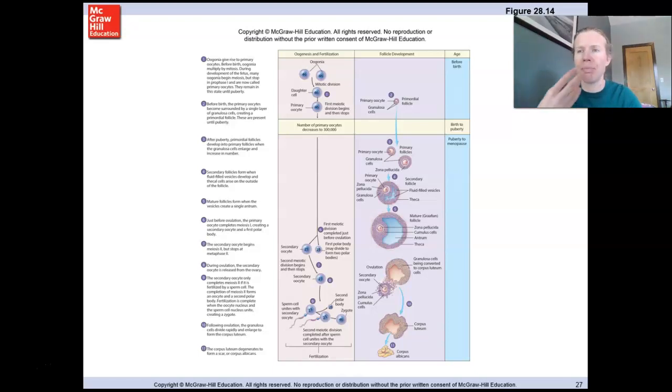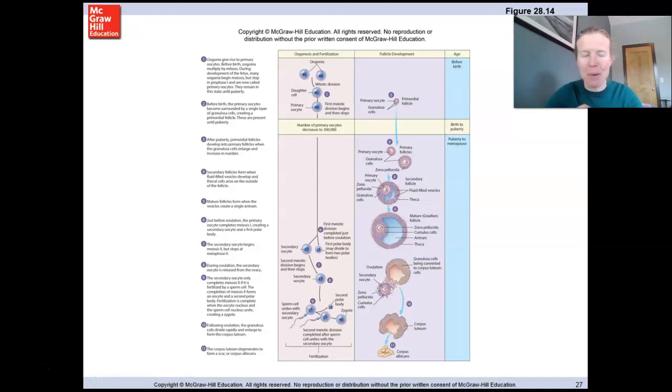They're going to get recycled, right? They're not going to go on and mature. So what we see happening here is it's not until puberty that we're actually going to see any progression. So in meiosis, you have this primary oocyte just hanging out, and right before ovulation, that first